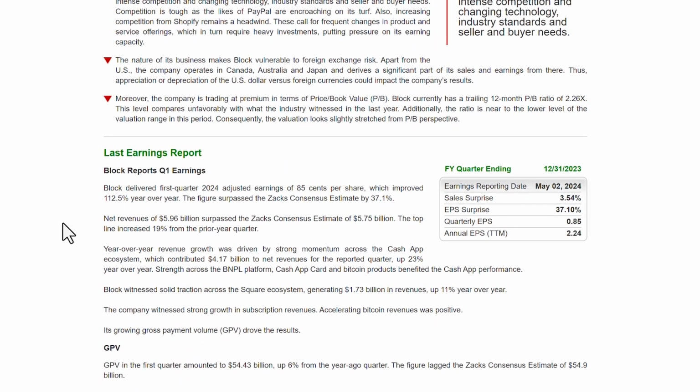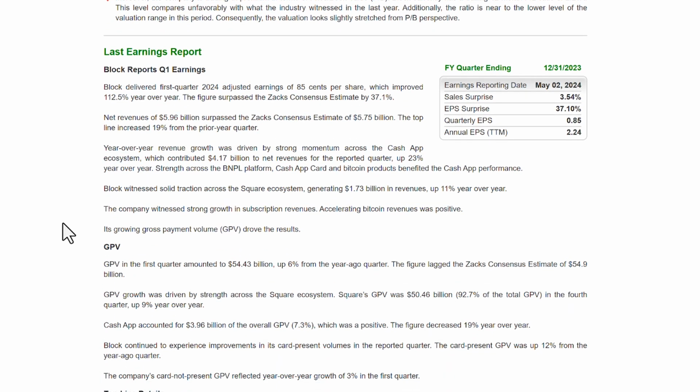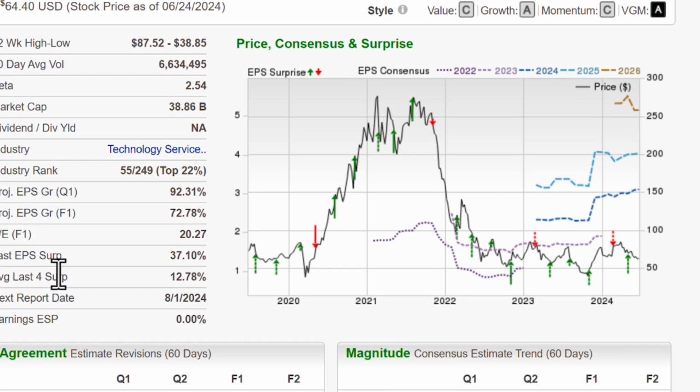And then finally, the analysts take a look at the last earnings report from a company and dive into what the earnings reported was, whether that differed from Wall Street consensus, and why. A lot of this information is repeated in this snapshot. So here we're looking at this chart. It shows the price over time, as well as earnings reports and whether earnings were above or below the Wall